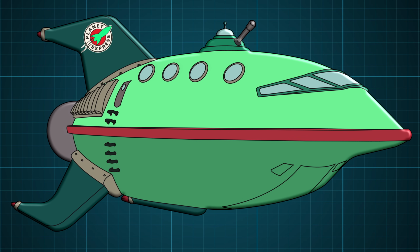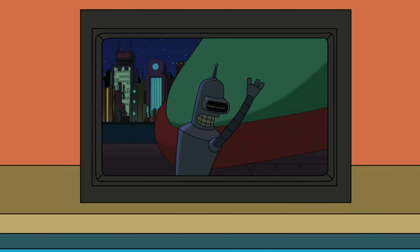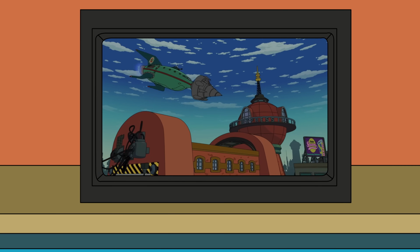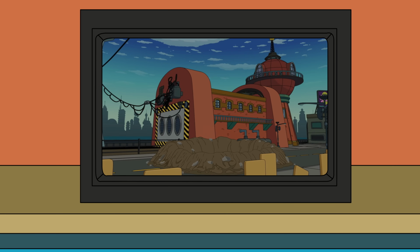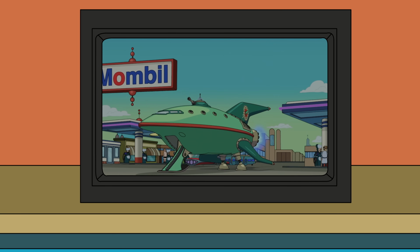Other notable features of the ship that aren't depicted in this particular configuration are as follows. A shipboard AI that is capable of intimate relations with crew member Bender Rodriguez, an elephant locator for detecting large and/or woolly beasts, a giraffe net for all your giraffe catching needs, a nose-mounted drill for journeys beneath the planet's surface, a long diamond filament rope that is occasionally used for fishing, and of course, suctioning collapsible landing gear,